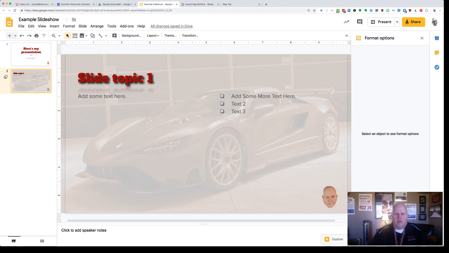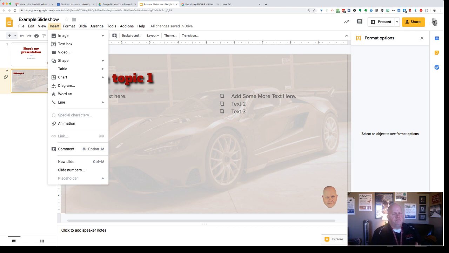Okay. Let's see what else we need here. Of course we have an insert button. And last week, one of the things that I talked about was inserting a chart into a Google Doc. We pulled that chart from a spreadsheet. So we created the chart in the spreadsheet, and then we imported that chart into a Google document, and it's a live chart. That means that if the data on my chart changes in my spreadsheet, then I'm